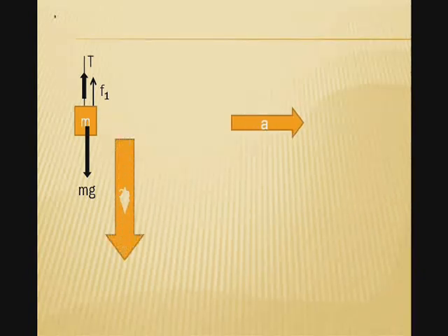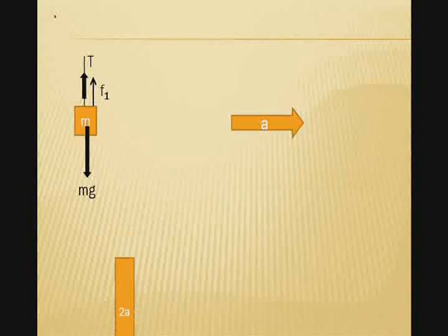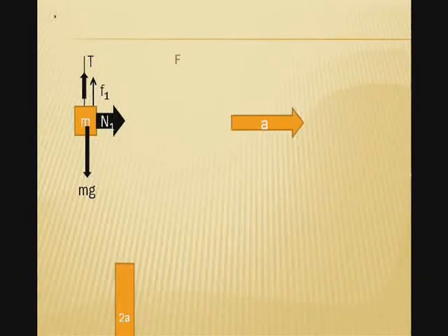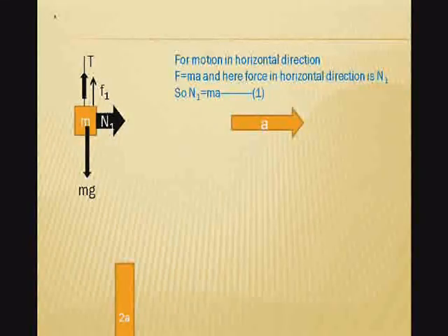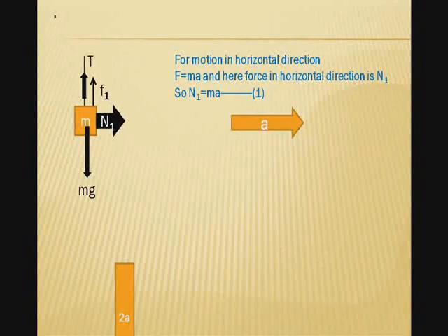So as we can see here, the block has acceleration a in the horizontal direction, and the block has acceleration 2a in the downward direction. So in the horizontal direction only N1 is acting, so we know that F is equal to ma, and in the horizontal direction the acceleration is a, and the total force acting in the horizontal direction is N1. So N1 is equal to ma,